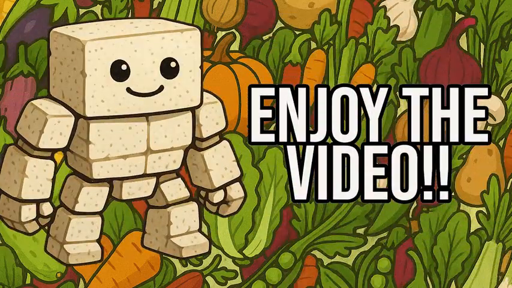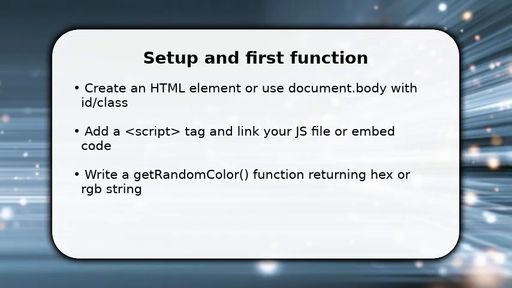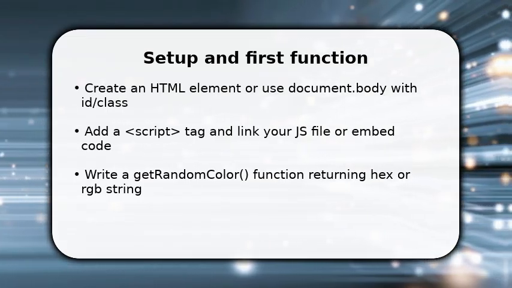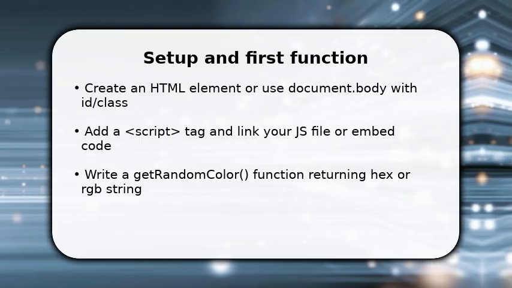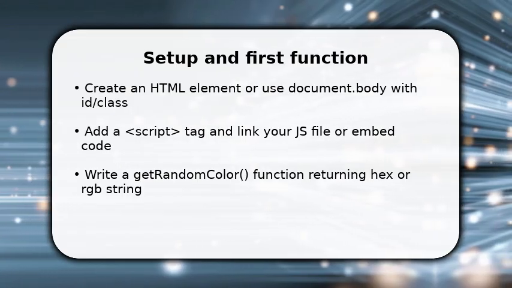Please enjoy the video. You start by ensuring an element exists to style. You can target document, body, or a div with an ID. Once done, open your script and write a getRandomColor function that returns a string like #rrggbb or